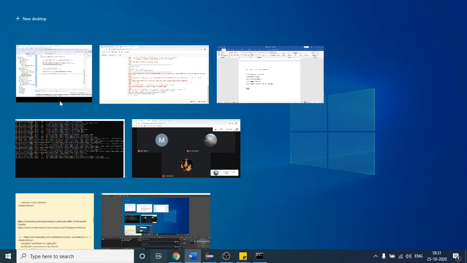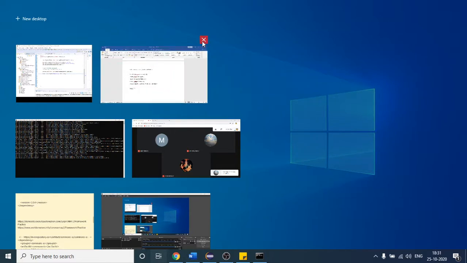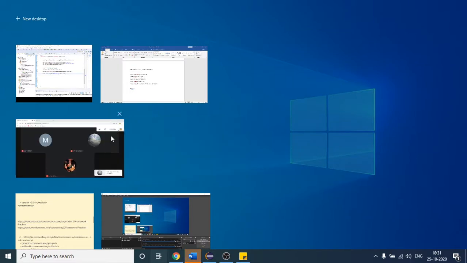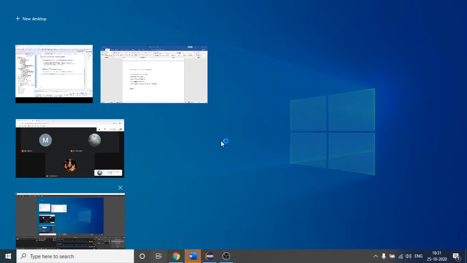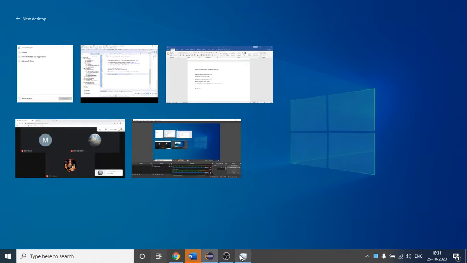Okay, let me close this. Otherwise, you can still go to task manager and find it. Okay, let us check. Here I am getting the task manager as well.